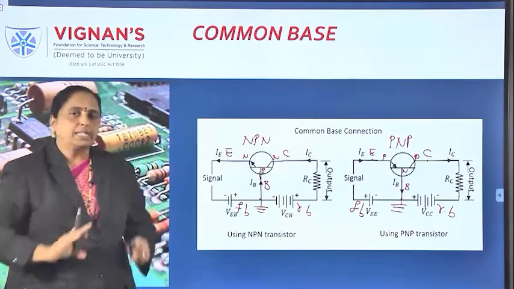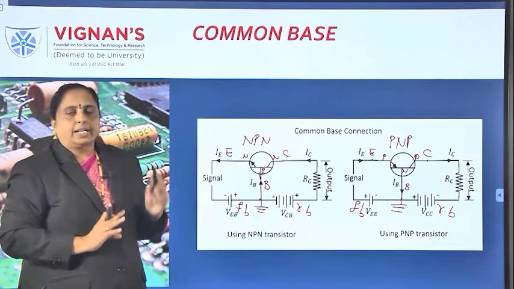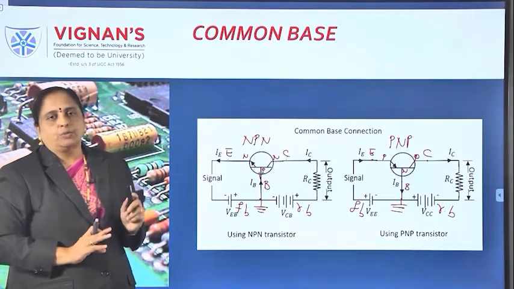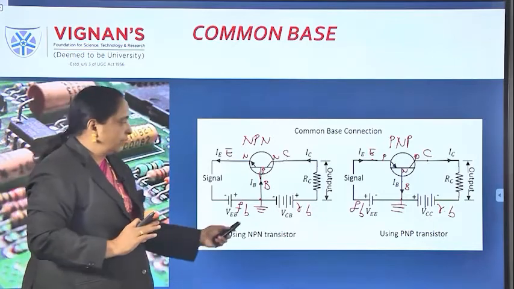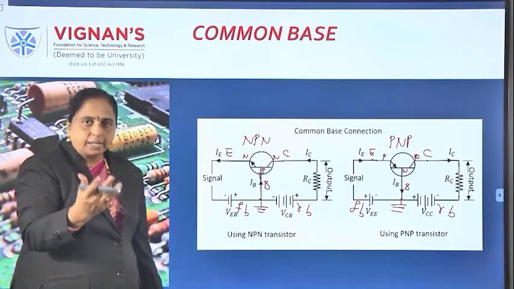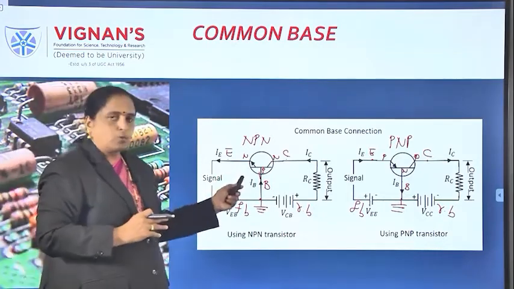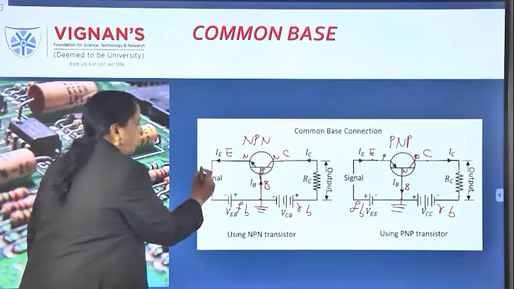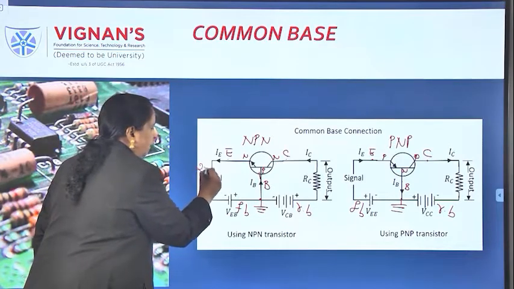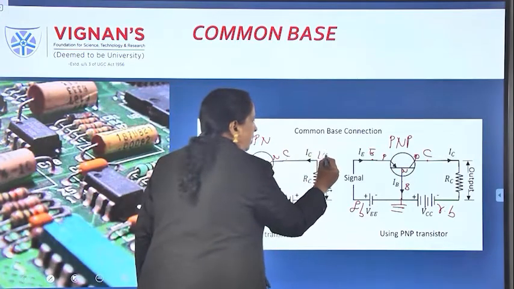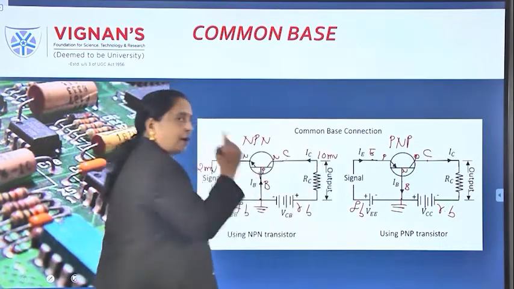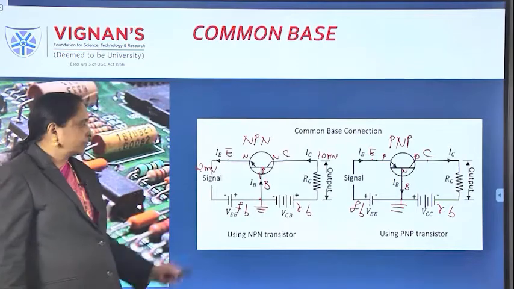If you connect BJT in this way, it has a wide number of applications, and the highest voltage gain is possible if you connect like this. Highest voltage gain means what? If you give a low voltage here, any small signal, for example, if I give 2 millivolts of signal, you will get a very, very large output voltage, which we have already explained in the first class.